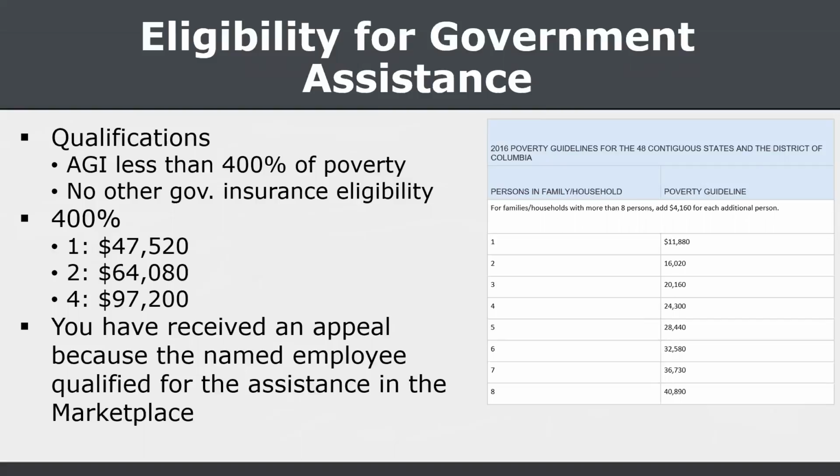So if I'm a single person, if I'm a single parent, or let's say I'm a single custodian, unless you, the district, pay me almost $48,000, I'm eligible for a credit on the exchange. Let's say I'm a principal and my spouse stays at home and we have 2 kids, so we're a family of 4. I, as a principal, might still be eligible for premium assistance on the exchange so long as you don't pay me $97,200. The concept here is that the affordability line is way lower than the eligibility for government assistance